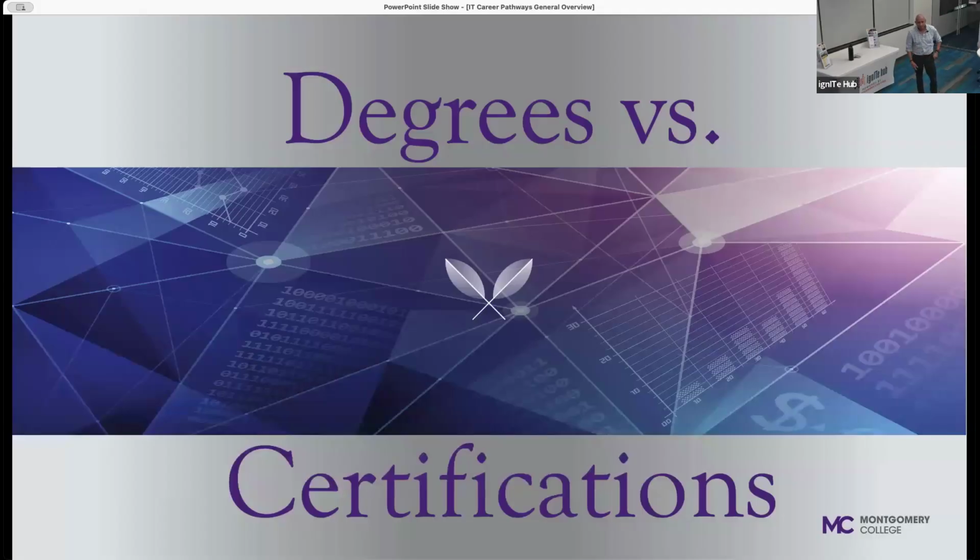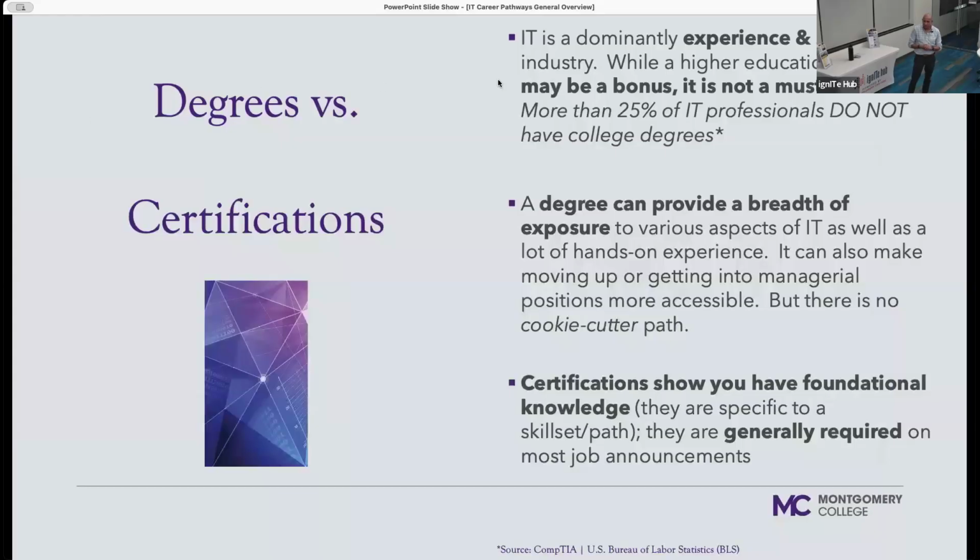So let's talk about degrees versus certifications. This is one of the biggest questions that we get. So what should I get? Should I get a degree or a certification? Let's go to the next slide and make a couple of statements here. First of all, I'm talking about IT, not computer science. We said that at the beginning. For computer science, you usually require a degree, but IT is skills and experience based. So those are the two things that are mostly